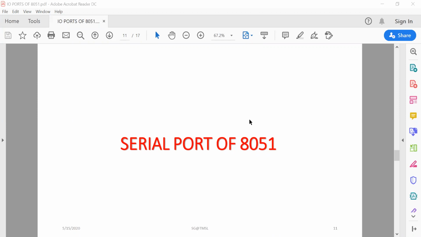The TXD line is used as the transmitter output line, the serial data output line, and the RXD pin is available at the receiver for serial input data receiving purpose. Different driver circuits are also used to maintain the required signal strength for long distance communication. There are two ways to perform serial transmission: one is synchronous transmission, another is asynchronous transmission.